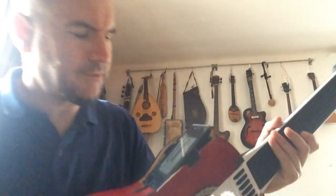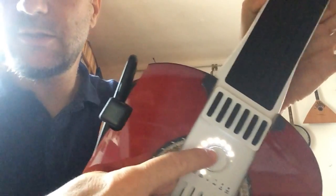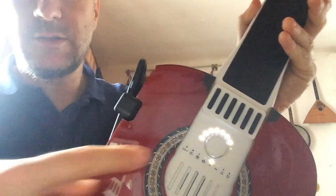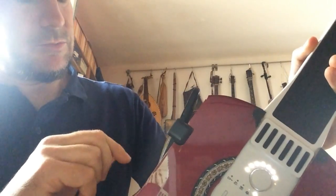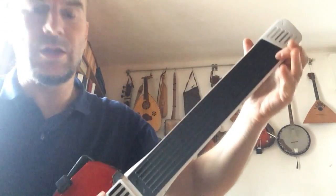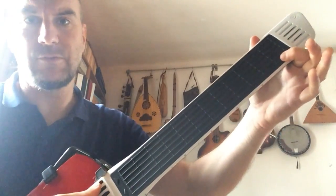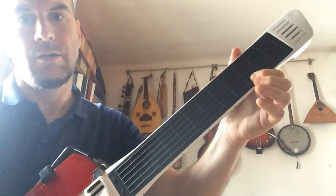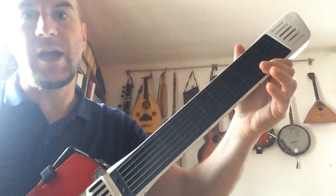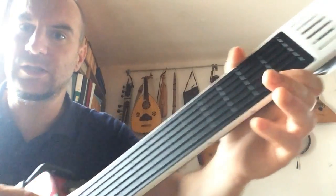Although the Artiphon app has its own presets, I decided to make my own preset to make this thing sound better, and I will show you what it is. This is my first preset. It's what they call Smart Strum Ukulele, and it's very good because you can have chords without pressing all the shape of the chord. You just have to press one. You can press it everywhere and you can have the chord. This is C, D minor, A minor, F, G, A minor,